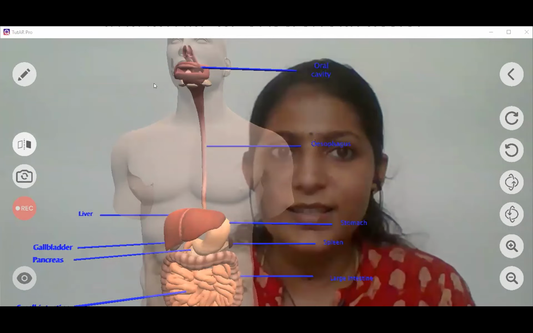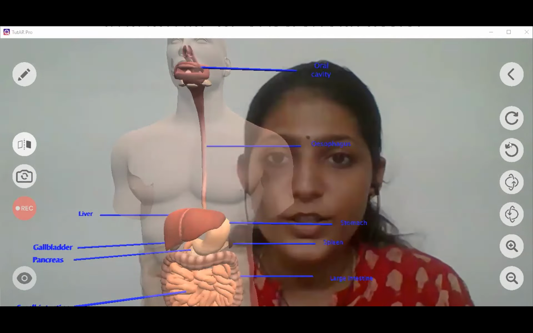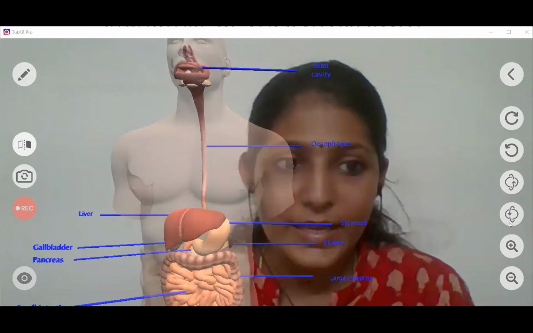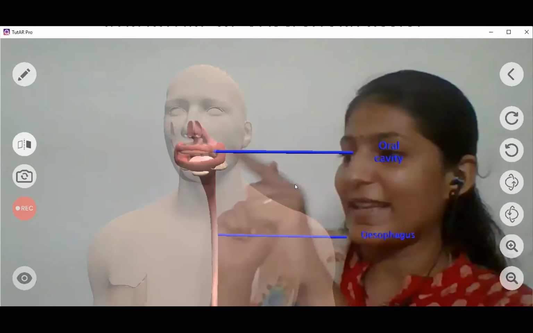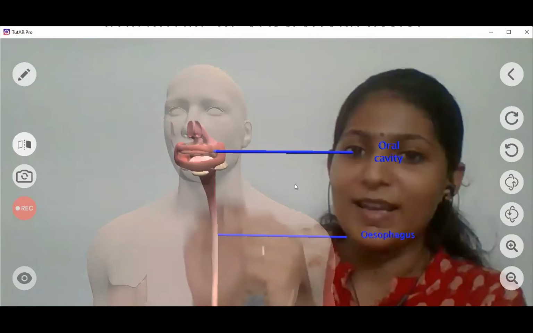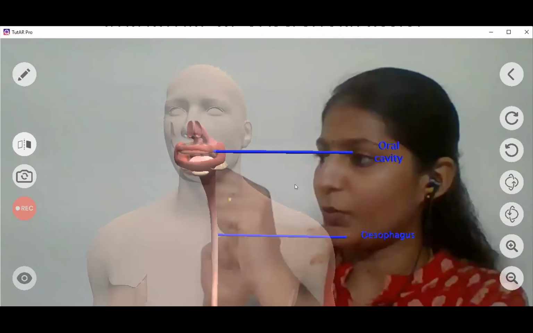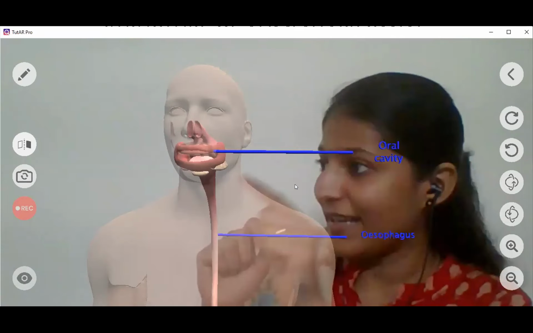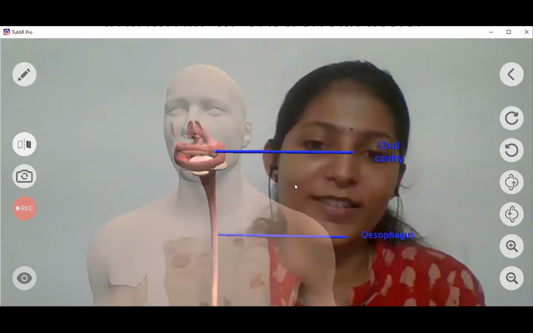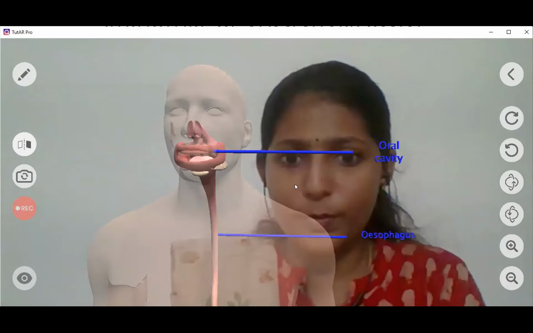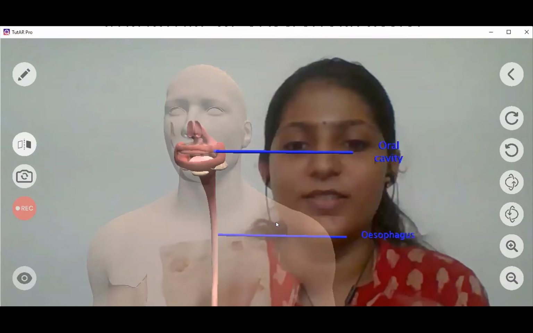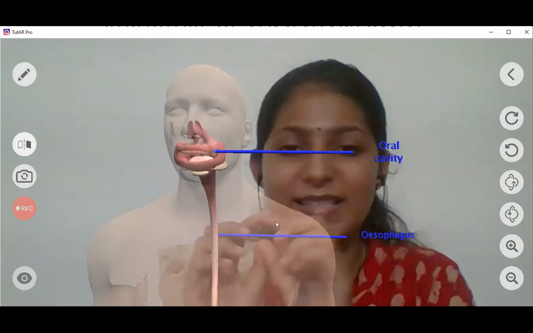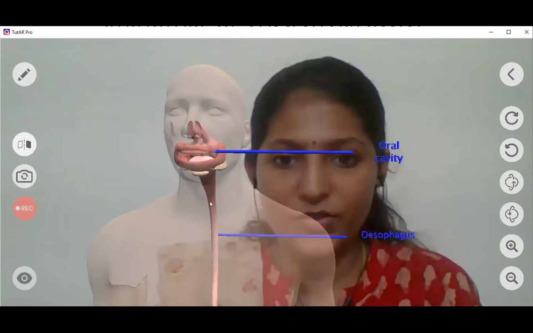you can see here the food is taken in through the mouth. I can still zoom it, and it is a 3D model where I can actually show this happening. So this is the mouth part where you can see the salivary glands. So this is creating an interest. I feel you people also feel interested when I show like this rather than just going on with the written or the static demonstrations. And then the food passes through the esophagus.